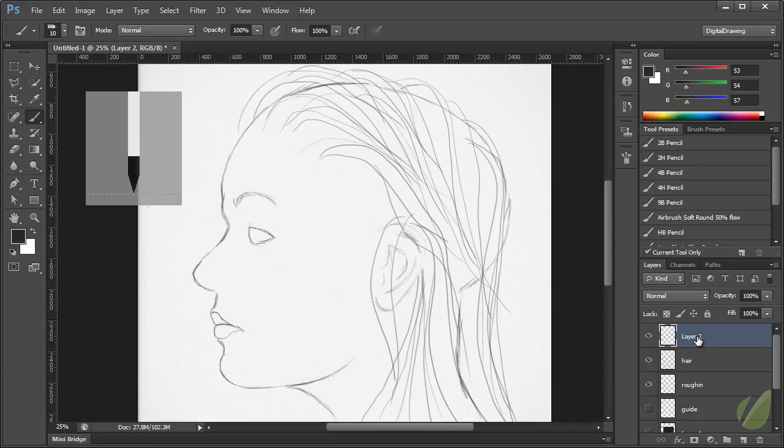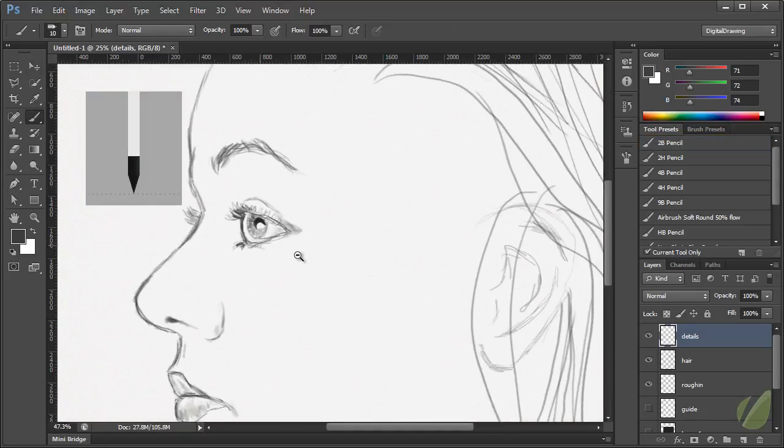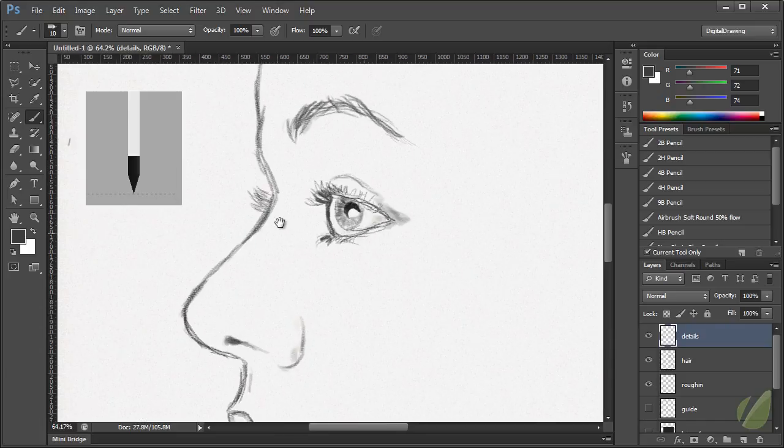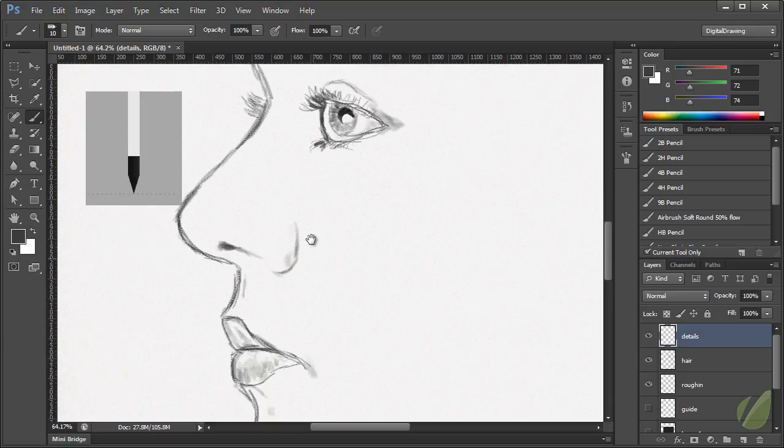So at this point, let's go ahead and start tightening things up and adding a better details layer. And grab our pencil and start layering in a lot of those details. So here I've created more depth to the eye, just drawn in that iris and the pupil, and used the eraser to pull out that highlight. And I've also tightened up the lines, the curves around the nose and the top lip here. Added the shading for the nostril, just sort of indicated that. And then the wing of the nose, again, I've just indicated that with a slight curve,